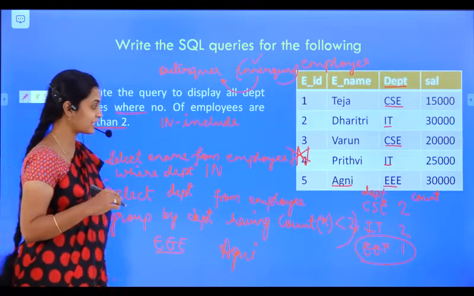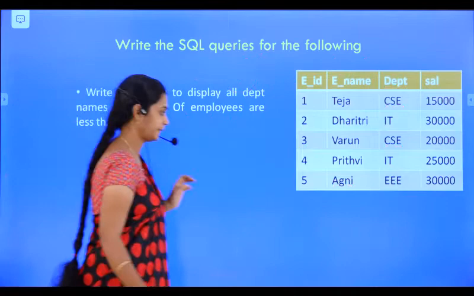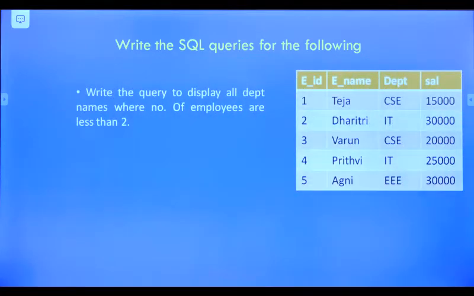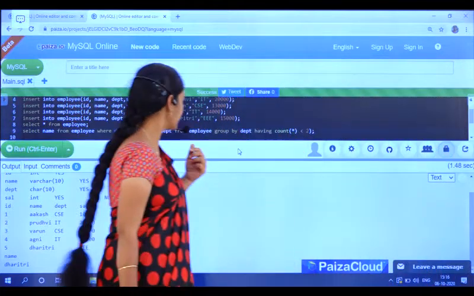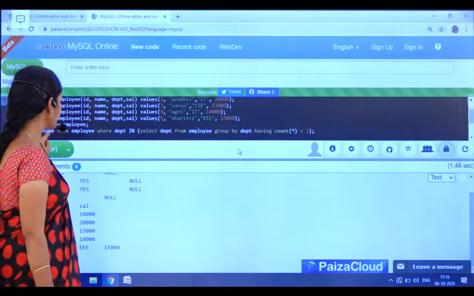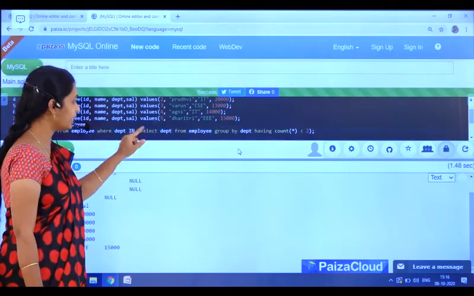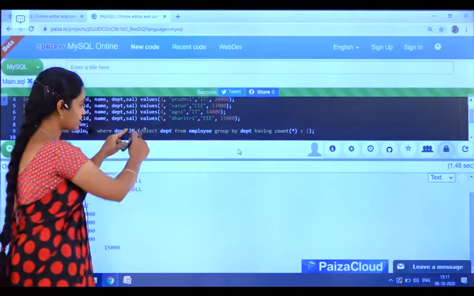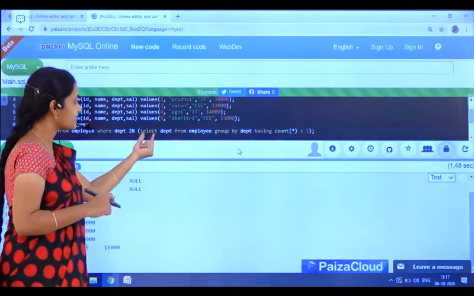Now we'll see the execution of this query. I have already written a query: select name from employee where department in the query. This is the inner query I am running here, in select department.